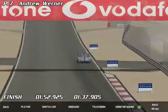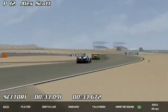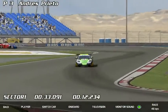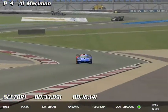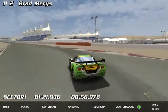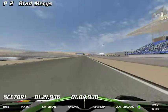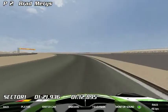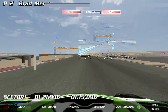I believe that is Ludden. No, it's Scott. Yeah, a little dip of the lights from Brad saying thank you very much. And boy, Brad has got Chris in his sights, so this is going to be an exciting finish, no doubt about it. Chris is still a little ways off, so is it possible? Perhaps. We are currently running lap 32, so with about a dozen laps left to go,